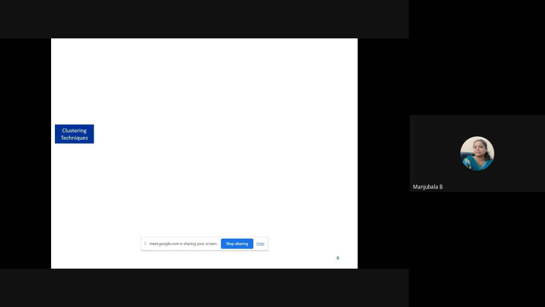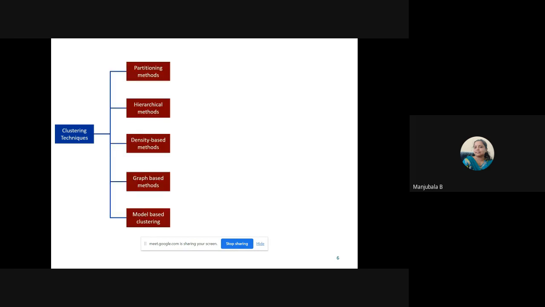Coming to the different types of clustering techniques, generally they are divided into partitioning method, hierarchical method, density-based method,